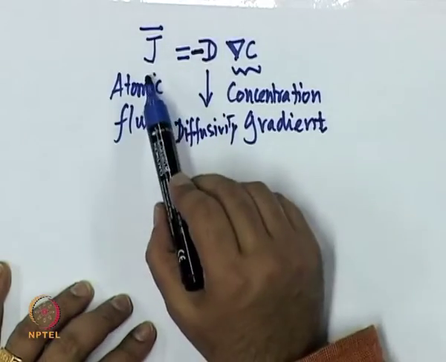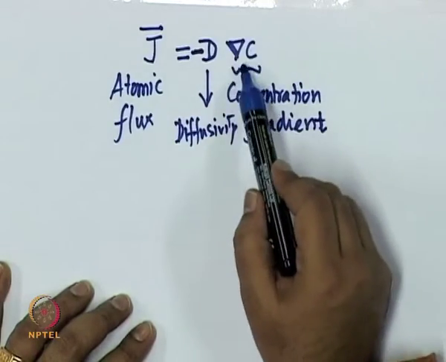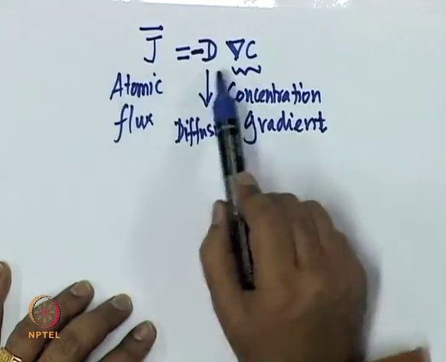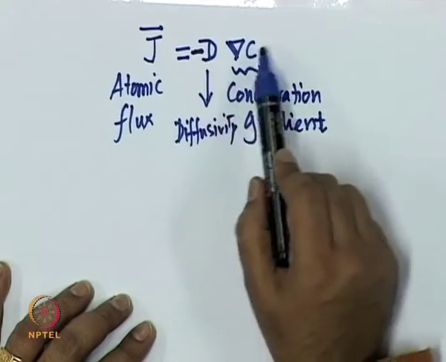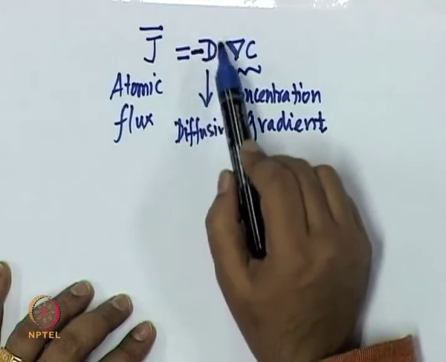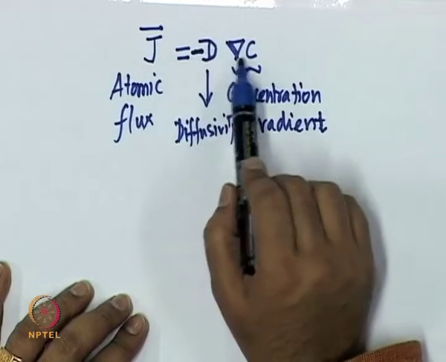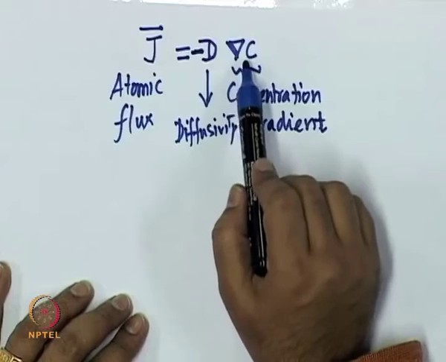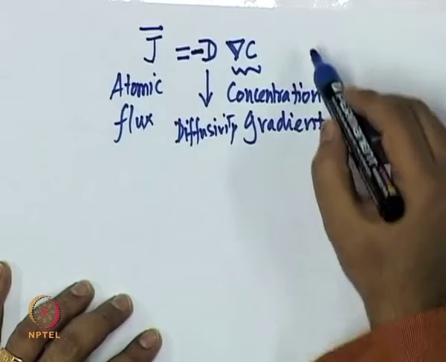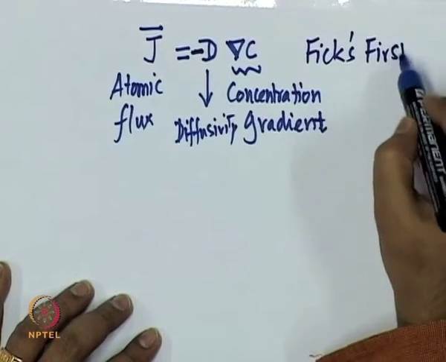Okay. In terms of cause and effect, you can think of concentration gradient as the cause for the effect, namely atomic flux. If you have concentration gradients, then atomic flux will happen in such a way that these concentration gradients are evened out, and how fast or slow it will happen is decided by the constant, which is a material property, which is known as diffusivity. Negative sign basically is telling you that the delta C is getting reduced because of the atomic flux. So, this is known as Fick's first law.